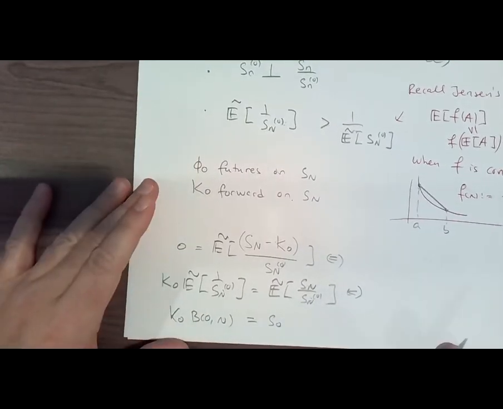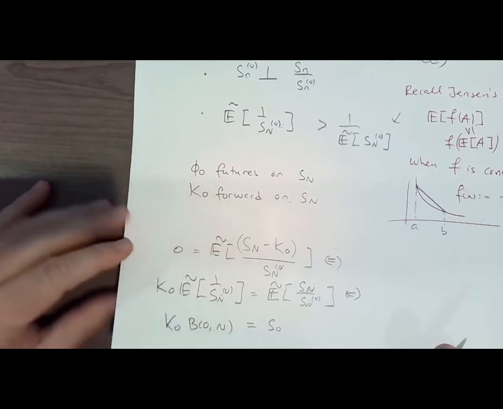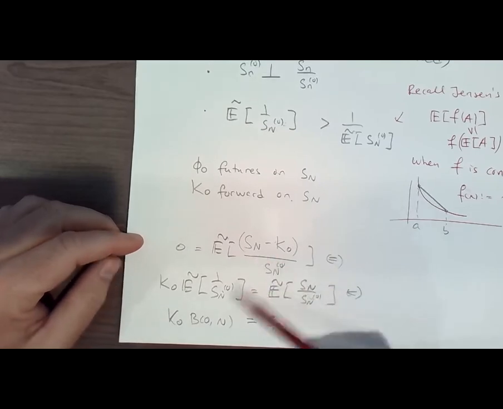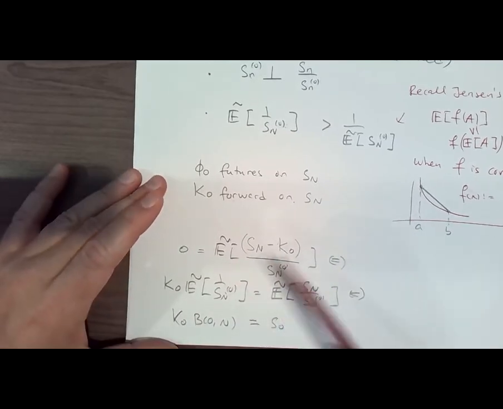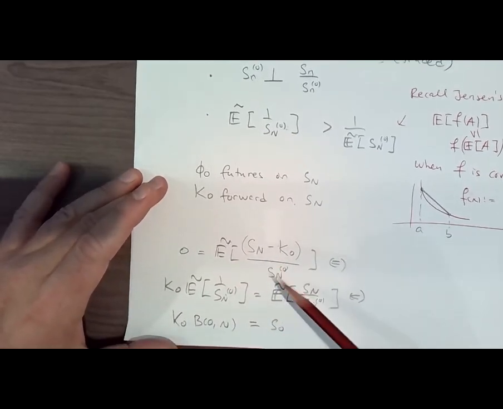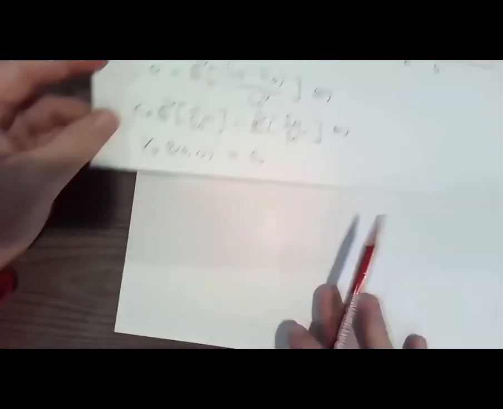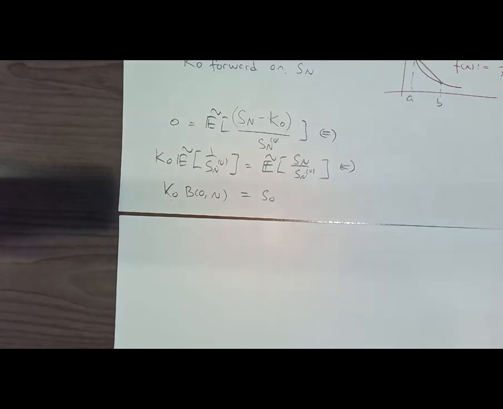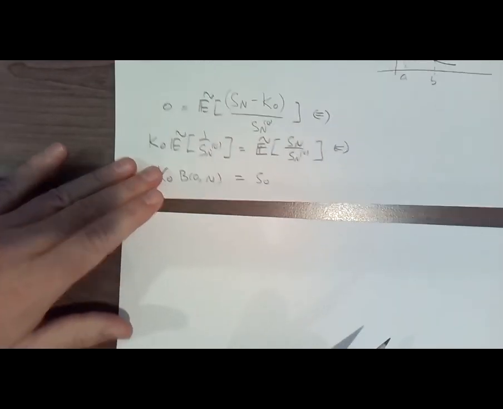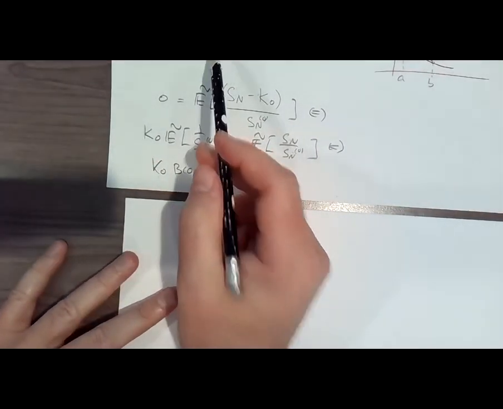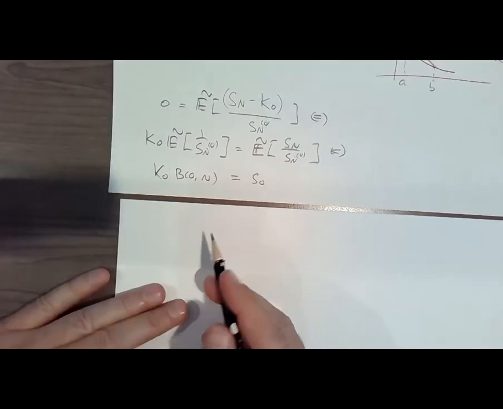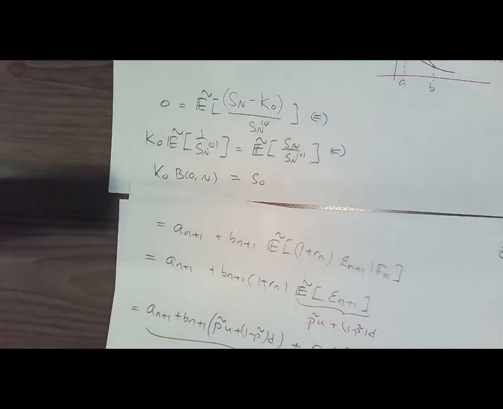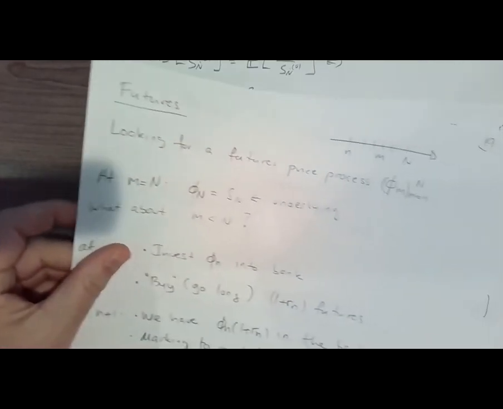So that took care of K0. Now for phi0, it's a different story. That one is different. It's not given according to this formula here. So try to work out what the futures price is. So the futures price, we go back to the formula we derived here in the lectures a little while ago.